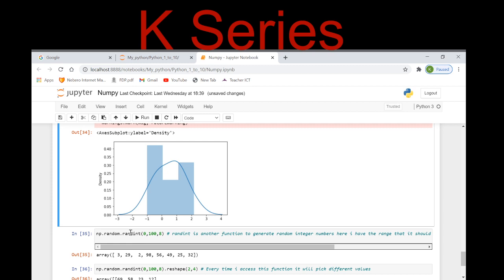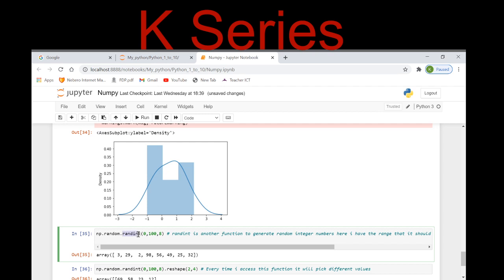Now again I am using a random number function, but this time I am using randint. Randint is another inbuilt function to generate random numbers, right? Here I am giving three arguments: starting from 0 to 100, and my size is 8.